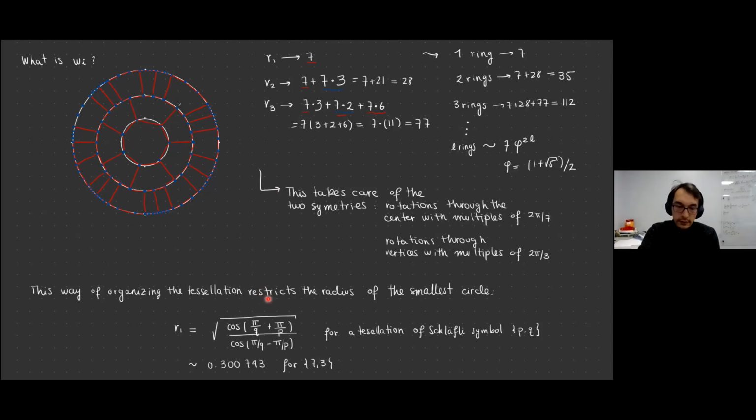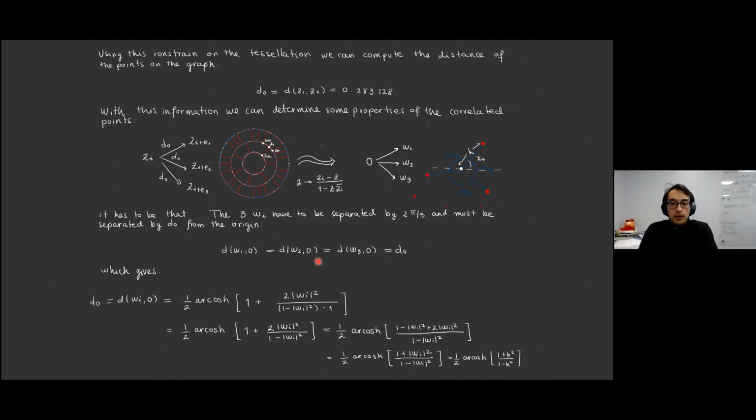So another property that I couldn't really show, but will come in handy, is that this smallest ring is constrained to have this size for a tessellation with p-gons and a coordination number of q. And for this specific one, this first ring has this size. Okay, so now